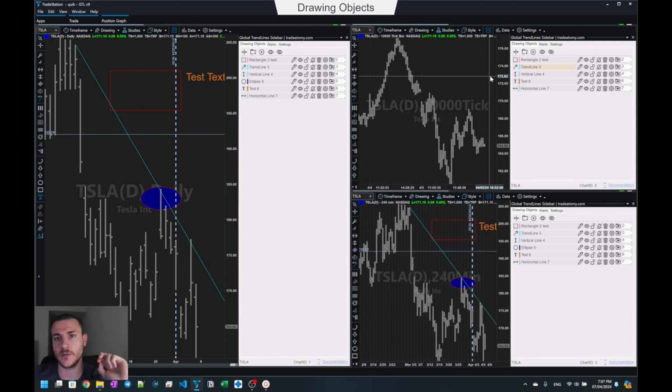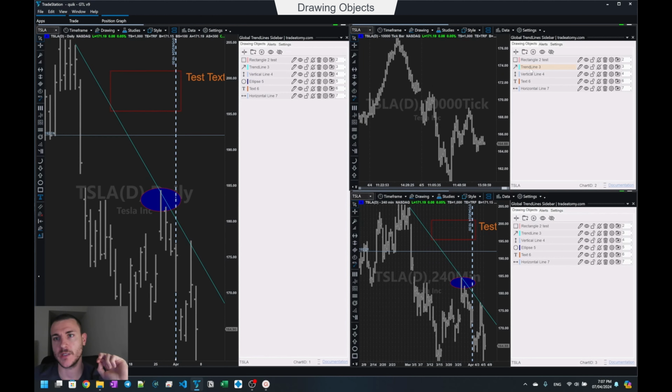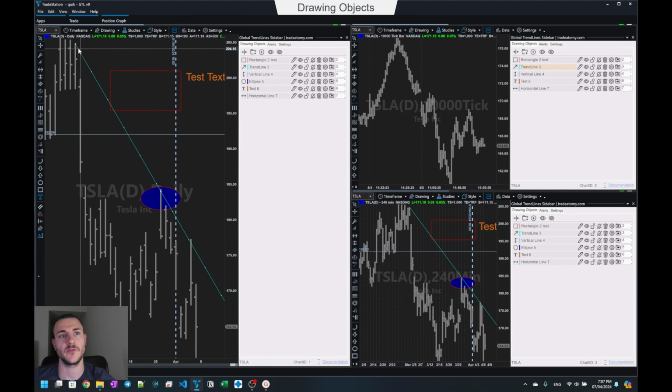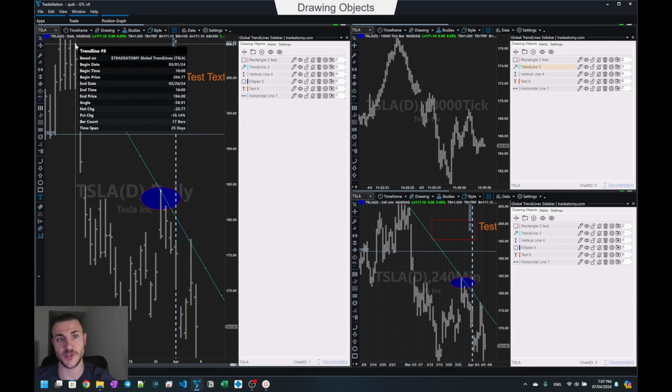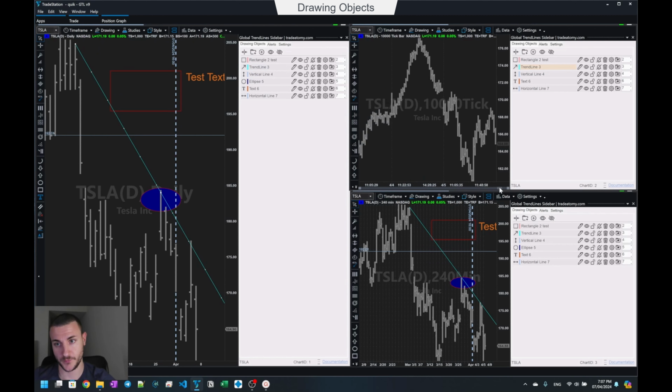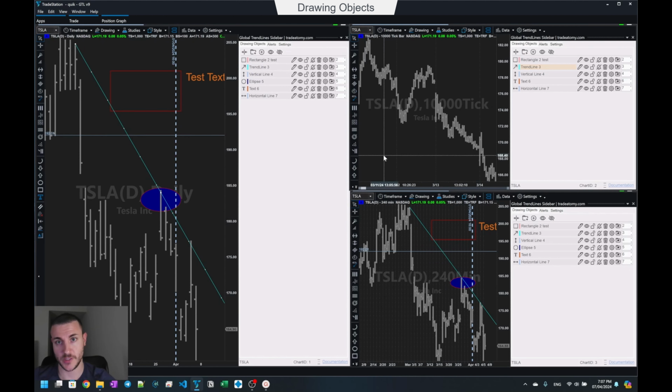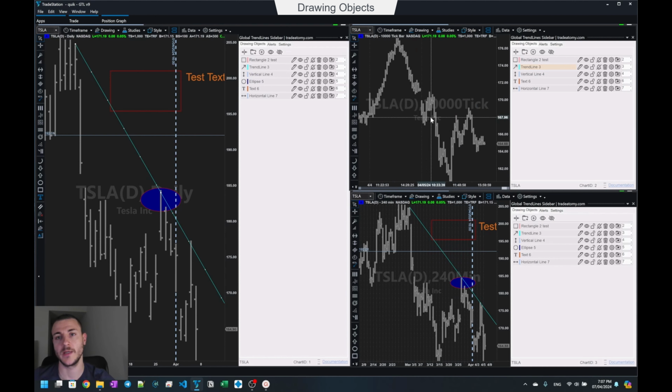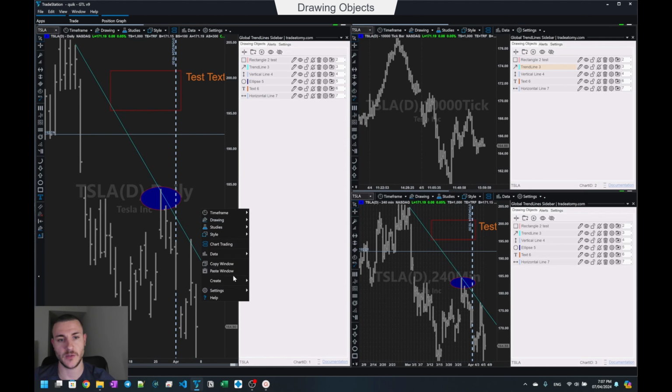And what we see here on the 10,000 tick chart is that the TrendLines 3 has an orange background. And that means that the drawing object is out of the range of data. So it means we have a start point here of March 1st, and this chart is only starting on the 11th of March. So the drawing object cannot be displayed here because it is out of the range of the chart, and that works in both directions. You have this window settings in TradeStation